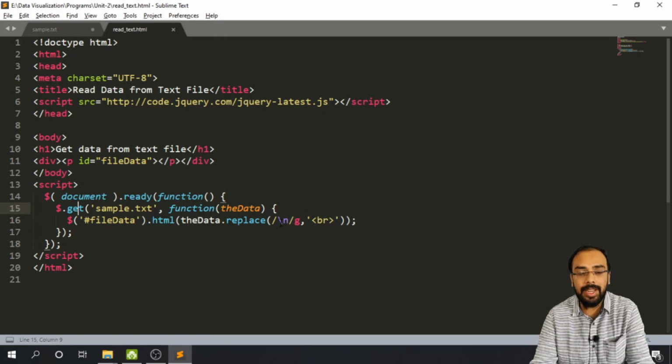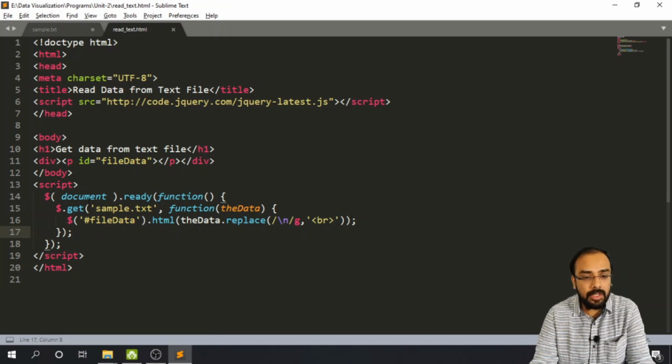Whenever we are writing or reading a text file, generally we use \n, but now we want to replace it with br. Now what is the use of this br tag? After writing one line, it will go to the next line, so your cursor will be pointing towards the next line, and at that particular point your second line will be written. So this function will actually write your first line inside your p tag, then it will add a break rule, then again it will point to the second line, and then again it will write your second line, and so on. So it will continue up to the end of the file.